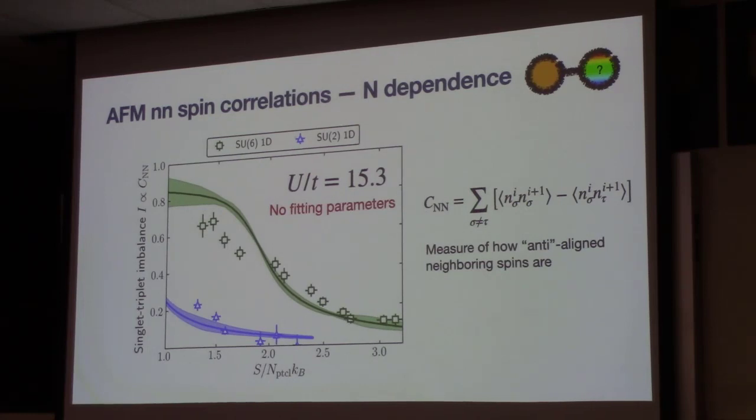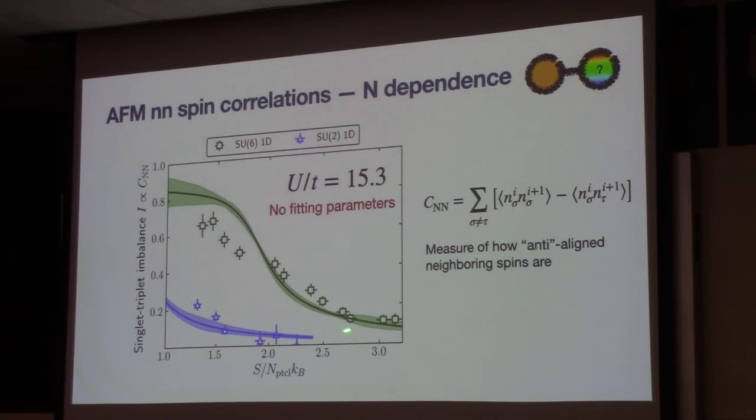So what we did then was perform numerical calculations with ED, so we diagonalized the full space, and we obtained the solid curves. We have a blue curve here and a green curve here. The important thing that I would like to share is that we didn't fit anything. The experiments just told us, we're doing these experiments at this interaction strength of 15.3. These are the trap parameters of the experiment, and that's it. We didn't fit any of those things.